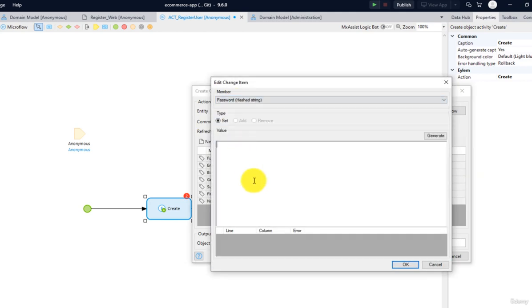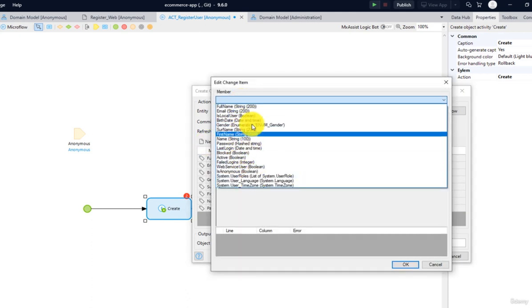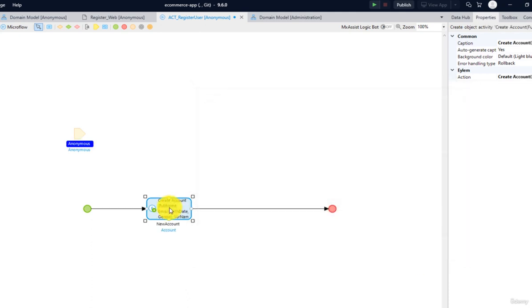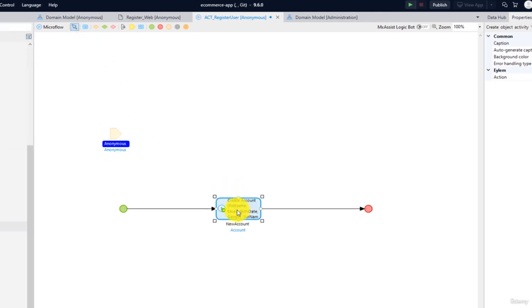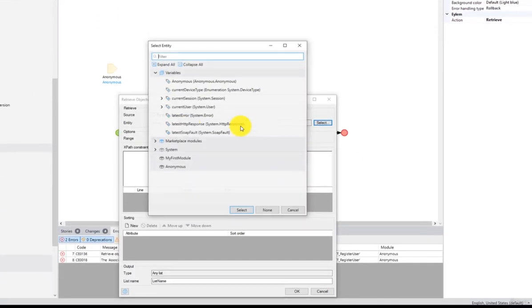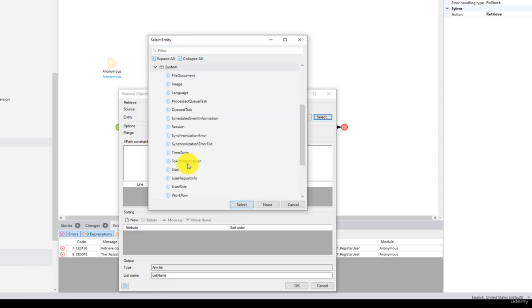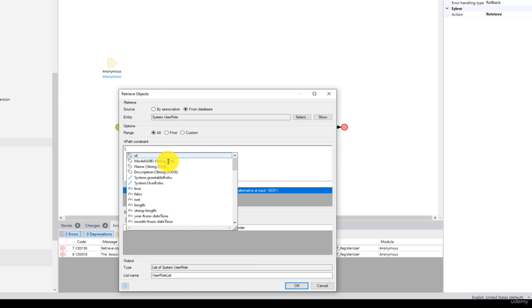And go to password. We will get this one from here too. Okay, probably we have set all the necessary fields. So I need to assign a user role for my new account. Let me retrieve from database. It is going to be a system user role entity, and I will select,